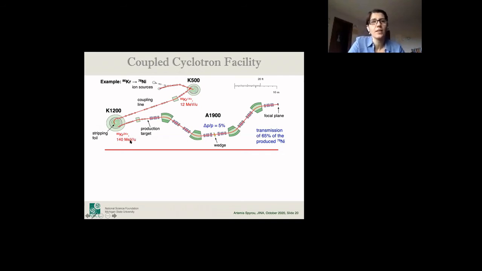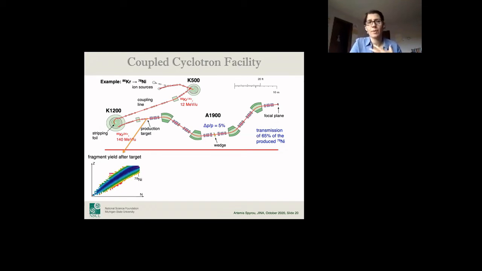40 MeV per nucleon. These are the units we typically use. Then we shoot that beam on a target. And at these energies, the dominant reaction you would have is called fragmentation. So that beam literally just breaks into pieces, and you can have many, many pieces coming out. It will look something like this. So your krypton-86 is somewhere there, and it will produce all of these isotopes, and the colors indicate the intensity of each isotope. This is a bit messy, I'll say.